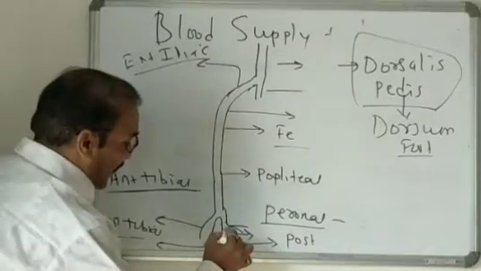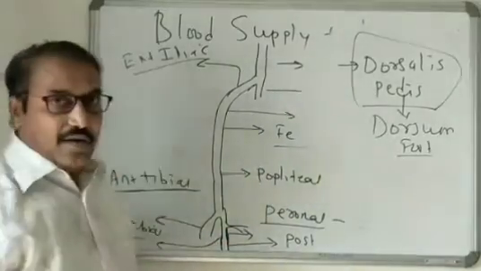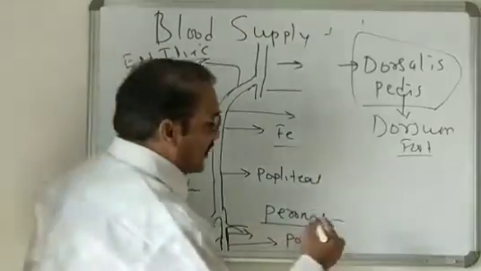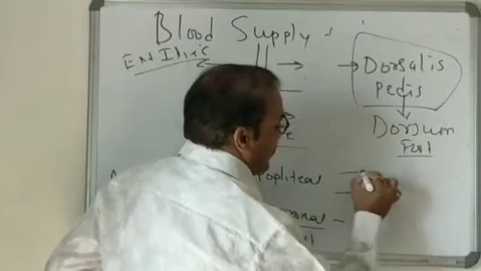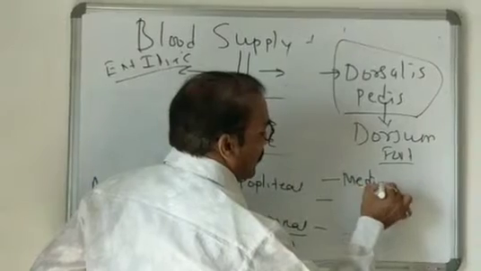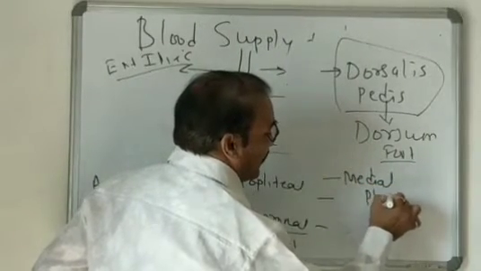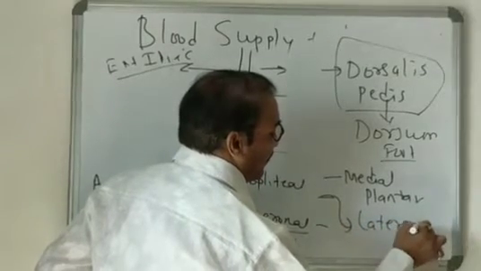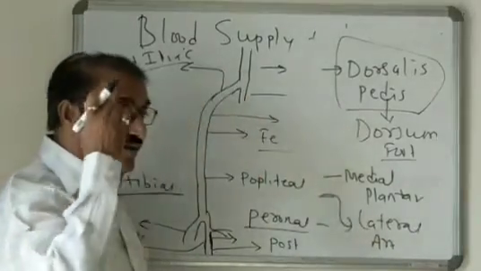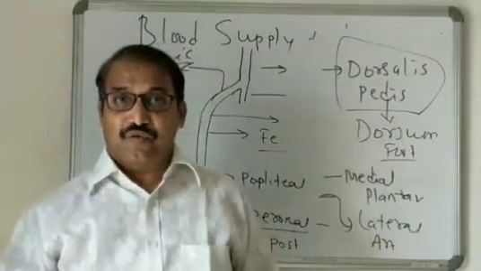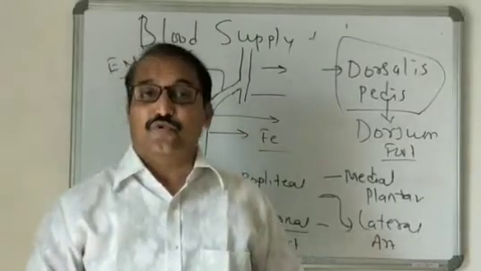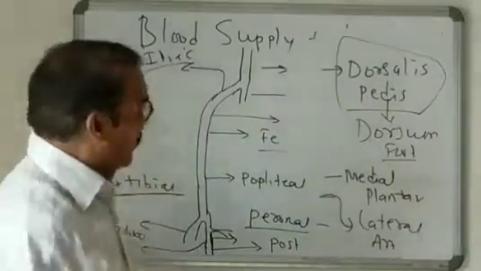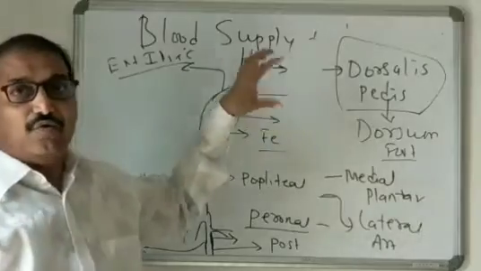Now the posterior tibial artery crosses the ankle joint. It is a posteriorly situated artery, so it crosses the ankle joint from the posterior side. It enters the foot region and gives two important branches. The first branch lies on the medial side, so this is the medial plantar artery, and the second branch is the lateral plantar artery. Both arteries supply the plantar aspect of the foot. The medial plantar artery supplies the medial portion of the foot, and the lateral plantar artery supplies the lateralmost part of our foot. So this is the gross idea about the blood supply to the lower extremity.